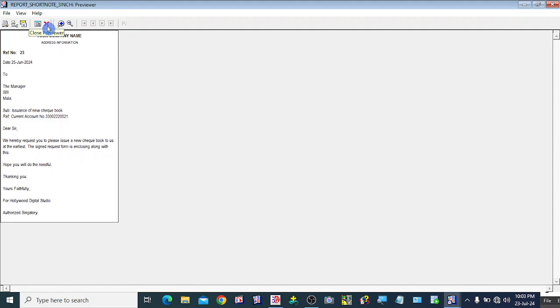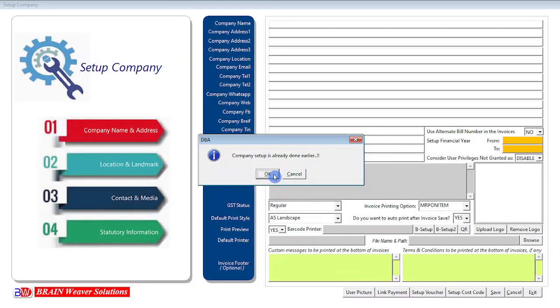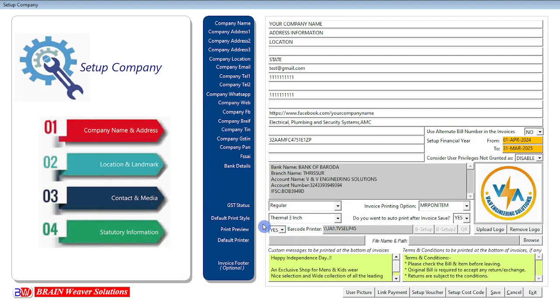Since I have selected the printer type as 3-inch format, the default printer format is selected as 3-inch size. For example, here you can see the default printer style I have used is thermal print 3-inch. If I am using it as A5 landscape,